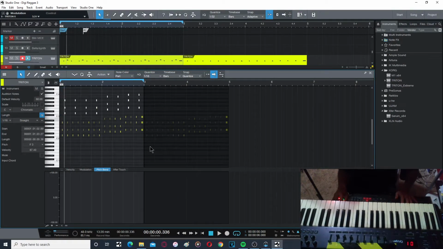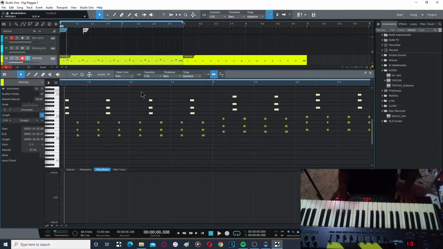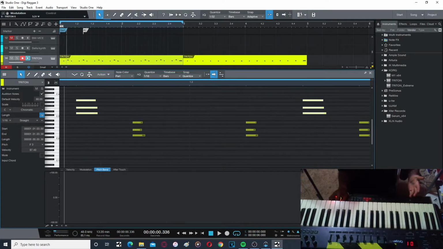Highlight the part you just recorded. Right click, quantize. You can pretty much do anything you want. You don't have to drag it to the left or the right. I just do it to make it sound more authentic, since I'm not using live instruments. Kind of gives it that illusion of